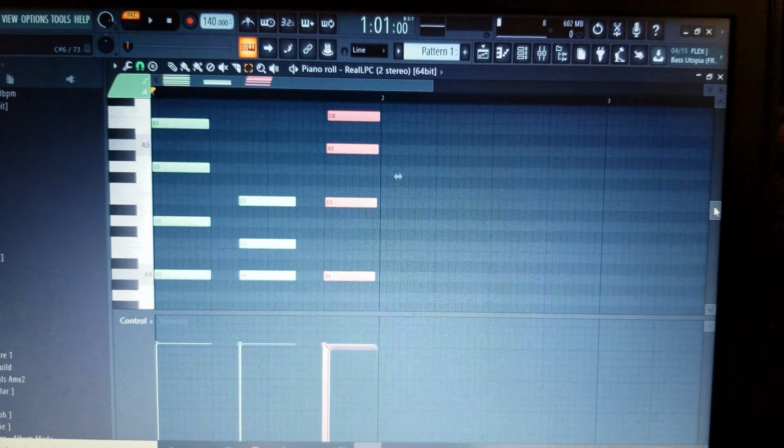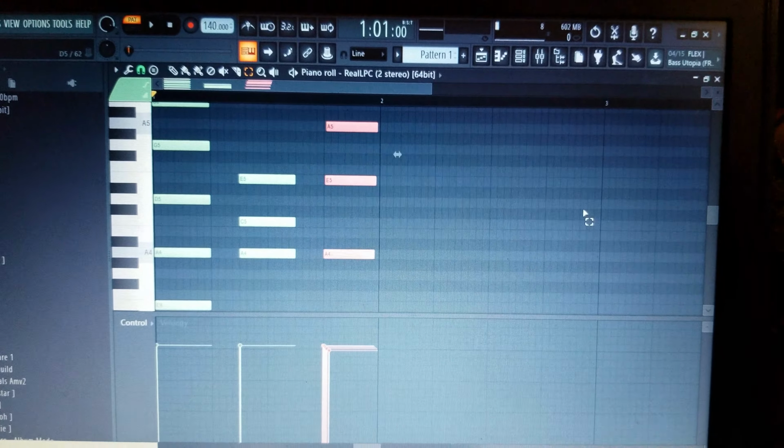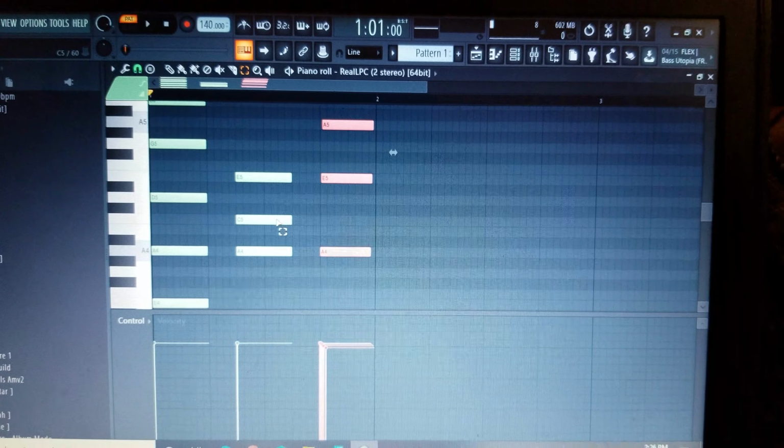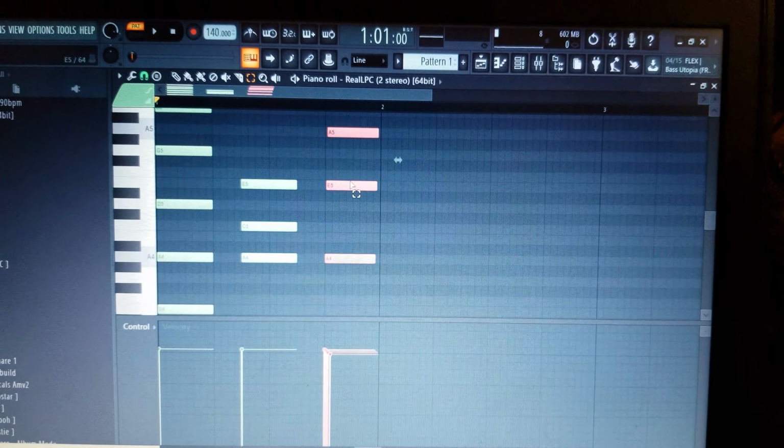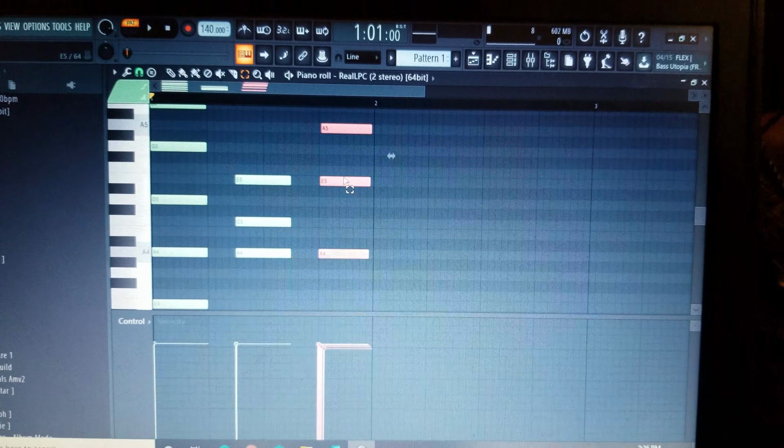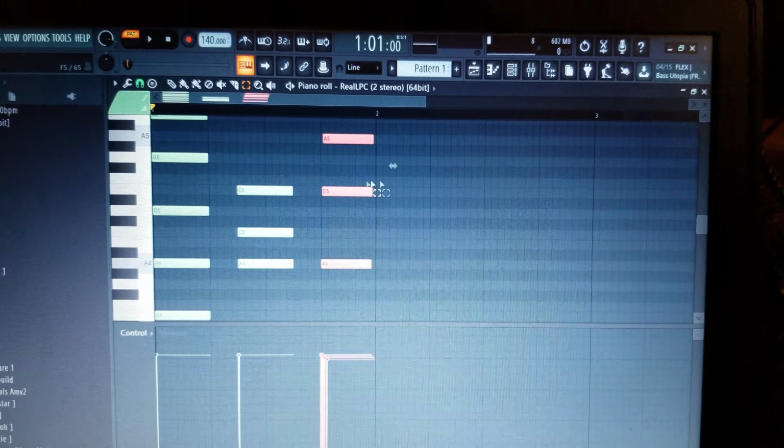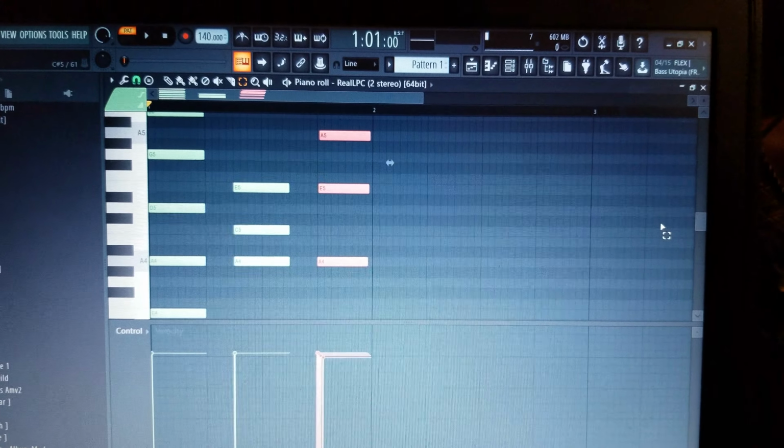So, anybody with an ear is gonna be able to tell the difference between this and this almost immediately. So keep that in mind when you're trying to build your guitar beats here, and I think you'll get a better sound out of it